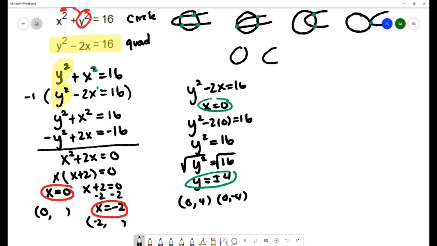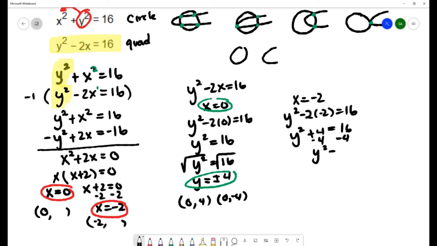I want to do the same thing again, but with x equal to negative 2. That would give y squared, sorry, that's not an equals, that's a minus 2 times negative 2 equals 16. Y squared plus 4, negative times negative is a positive. I'll isolate the y by subtracting 4 on both sides. That's y squared equals 12. I'm going to solve for y by square rooting both sides. And that gives y equals plus or minus